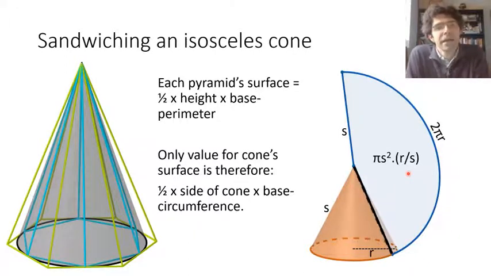So in this video then we've mainly looked at some of the groundwork on which Archimedes built all of his results about curves and areas of curved surfaces. And we've also looked at how he used those assumptions to measure the surface area of a cylinder and of an isosceles cone. What we're going to move on to in the next video, and I hope you'll join me for that, is watching Archimedes develop those results, especially about cones, and putting them together in order to figure out the surface area of a sphere.